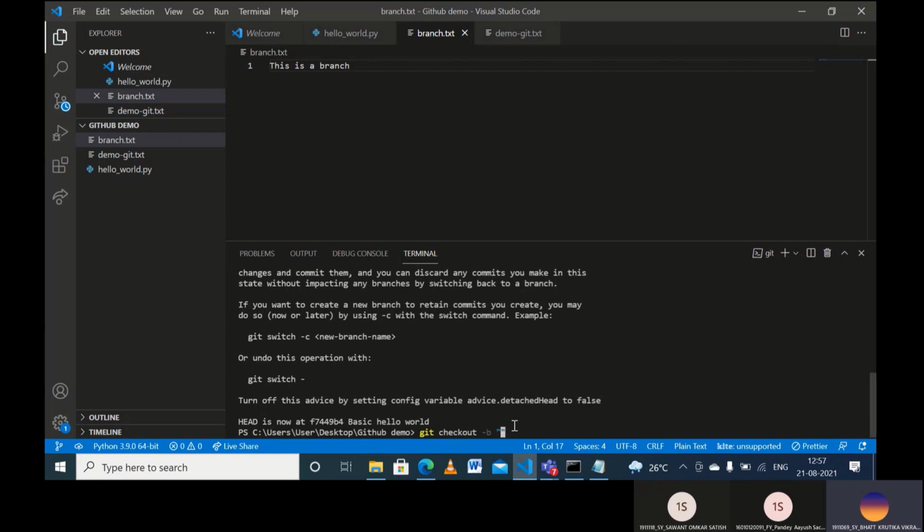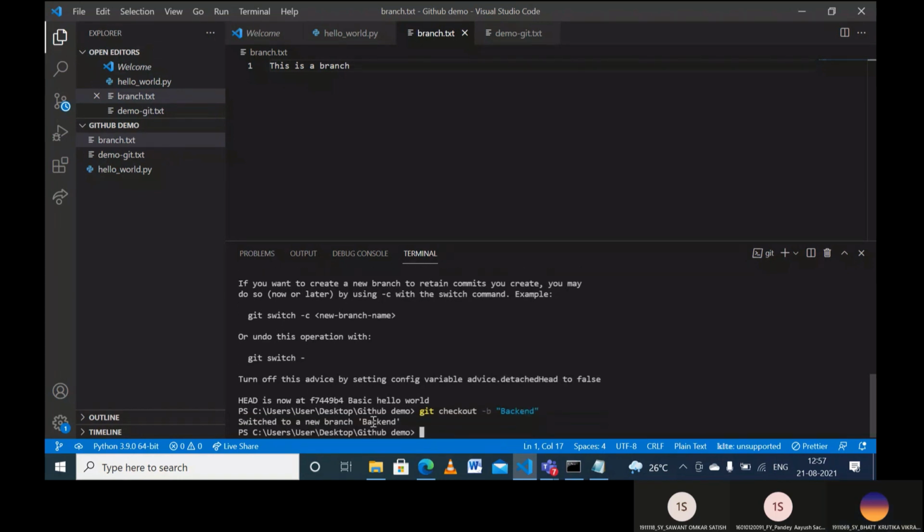And I have to name my branch, let's say I can name it backend. So as you can see, the code has switched to the new branch, and the branch name is backend.